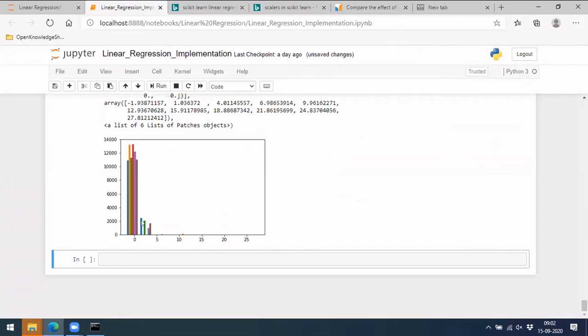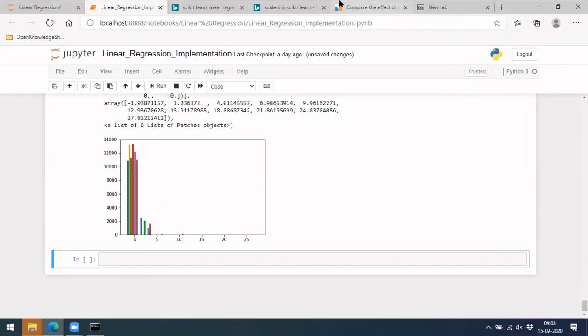If you see, most of your values are within -1 to 1, very few went outside. We call them outliers, which is a different thing I'll talk about later. But in most cases it is concentrated within -1 to 1. Okay, this is what we can see from here.